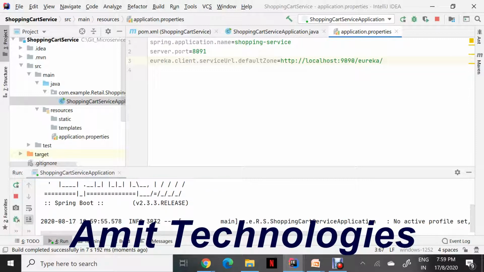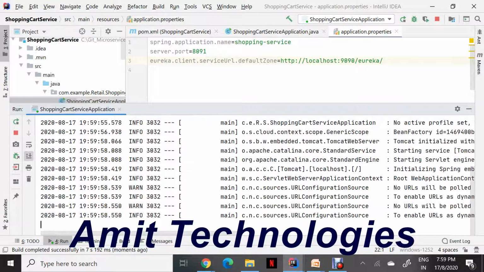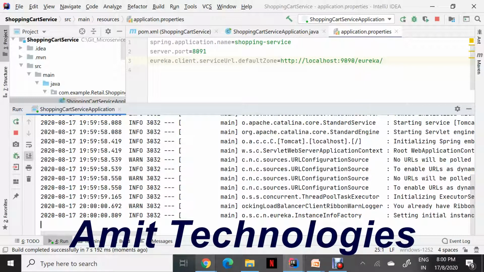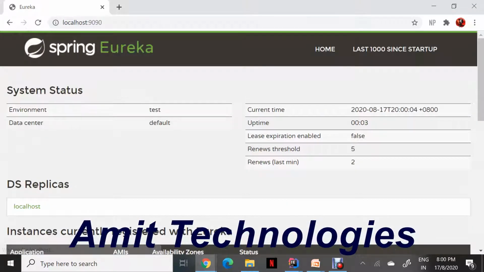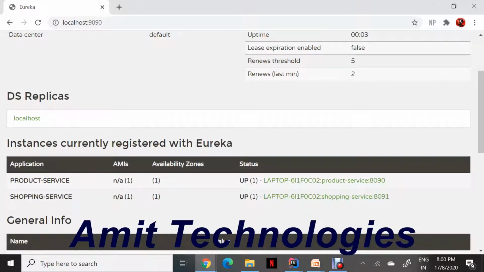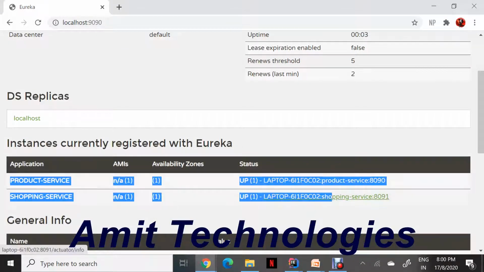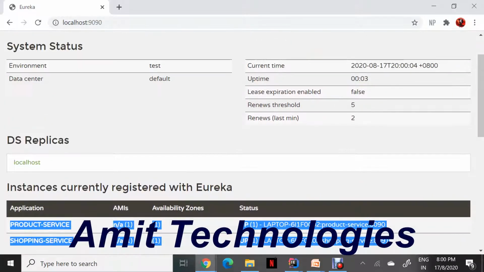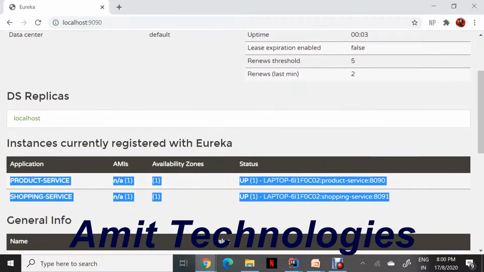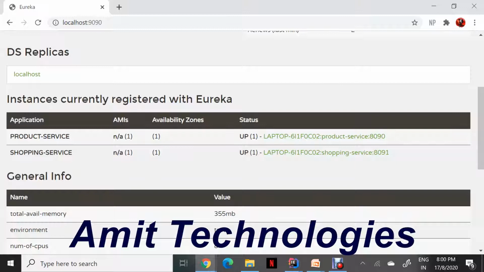I don't know what went wrong that time, but looks like it will start, and we will go to Eureka server and see if our instances are available now. So you see this, our instances are available, and it is product service, shopping service, 8090 and 8091. So maybe that time the server was not properly initialized. This is how you create your service and register to Eureka server.